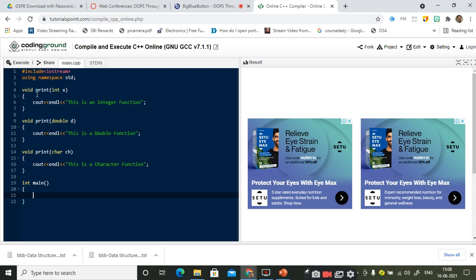Now I want to invoke the print function. How should I invoke it? What is the method you will use to invoke the function in any programming language? By making use of the, no, here I am not making use of any objects. Forget about the classes and creation of objects.